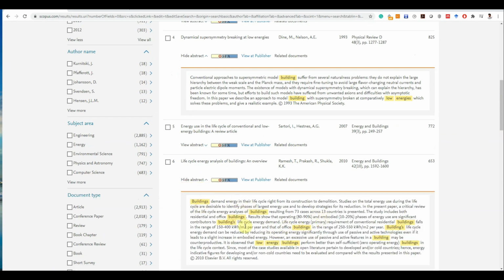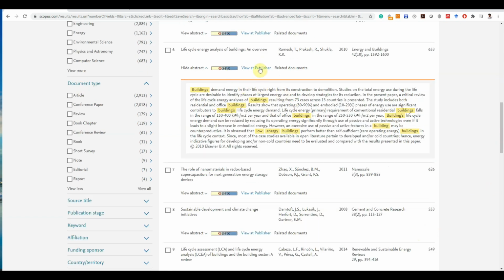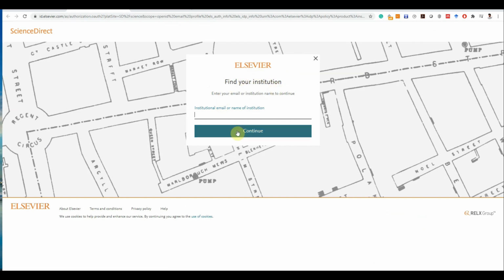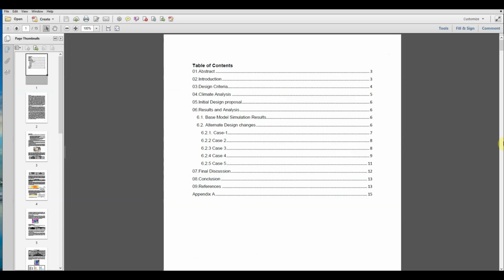When you're reading through the abstract itself, you'll find, so I think this document is relevant to mine because it says building energy demand, low energy buildings. So this may be relevant to me. If I want to view this document, I can just click view at publisher, and then it will open in the publishing site. So it's in Elsevier, so I have to again log in using my Loughborough University login, and I have to download the document. You can download these documents, and then you can save them, and you can have like 10 to 15 documents, and you can frame the structure of your coursework.